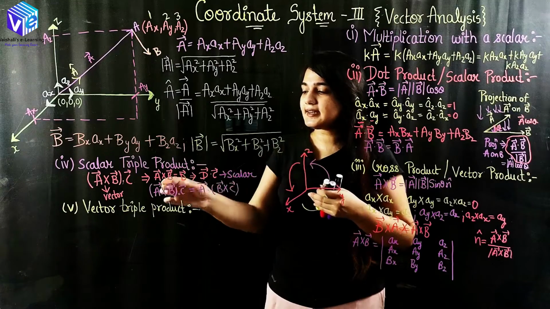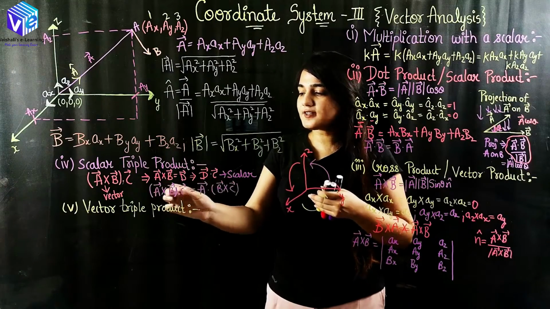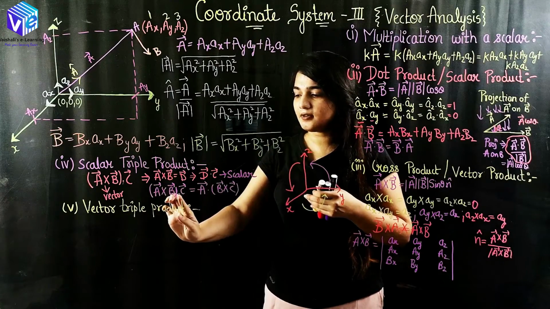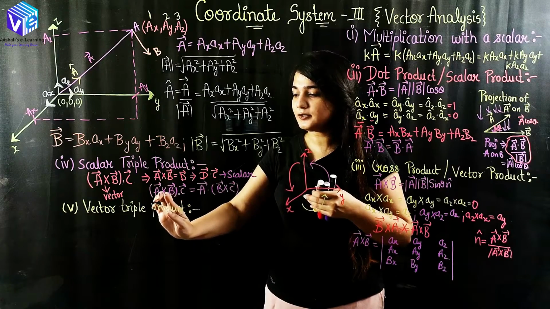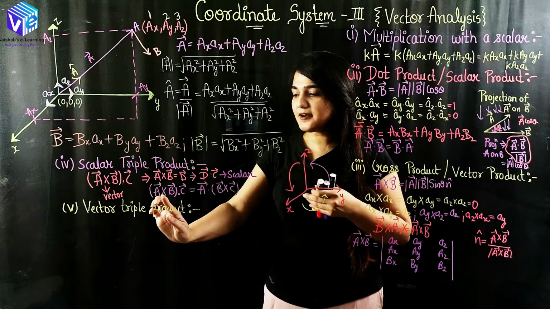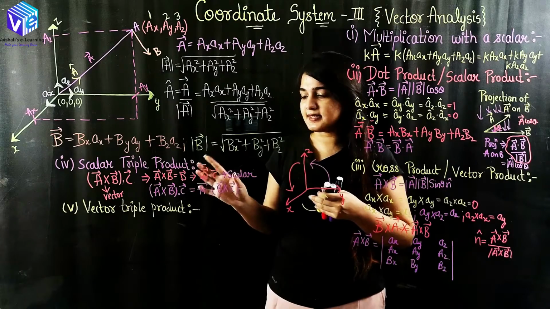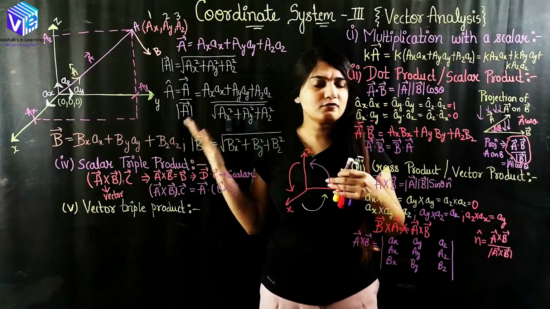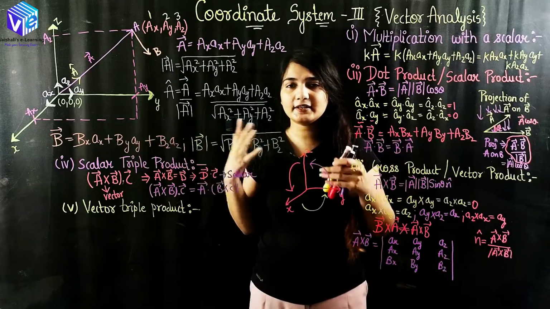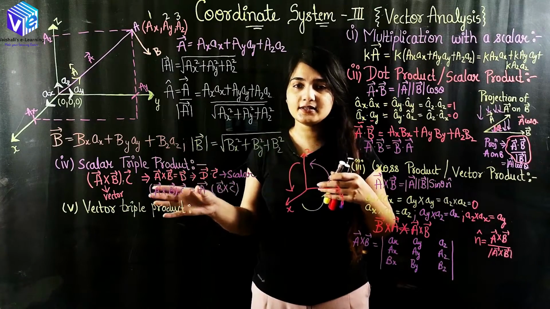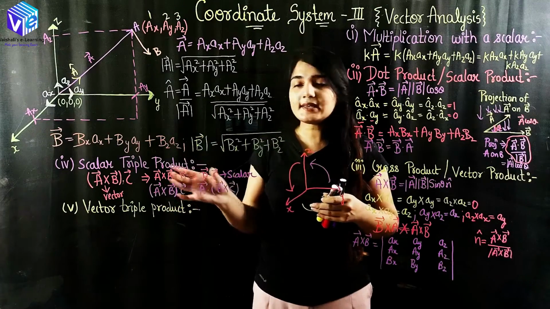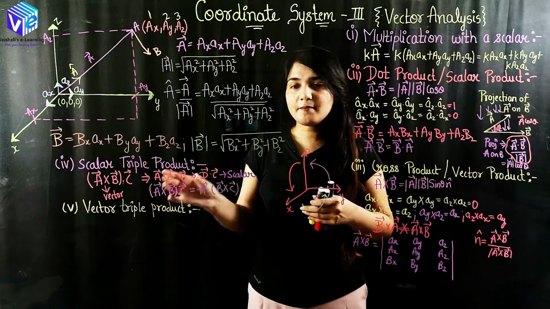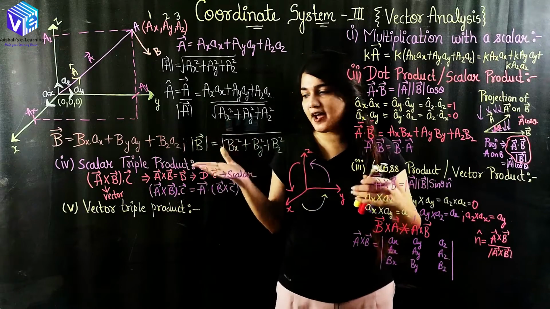So I can easily shift the cross and the dot product. Here I shift the dot product to between A and B and the cross product to between B and C. This is how I can easily verify the commutative law. You can easily choose any three vectors, find out this number and this number, and both of them have to be equal.